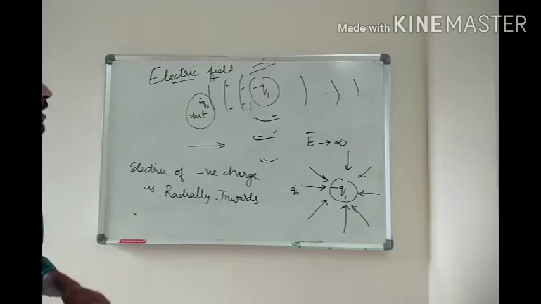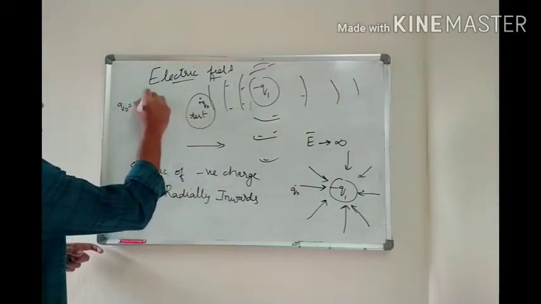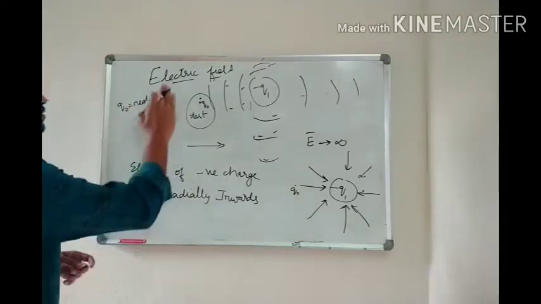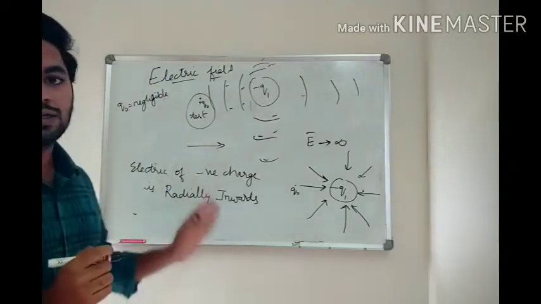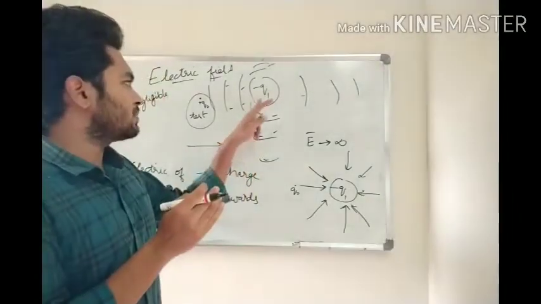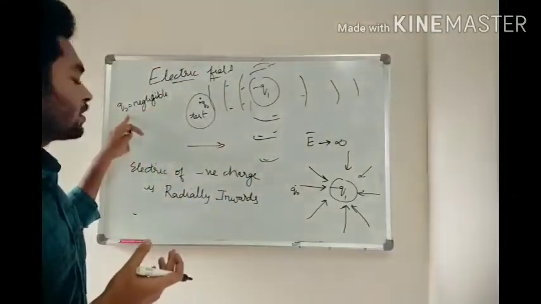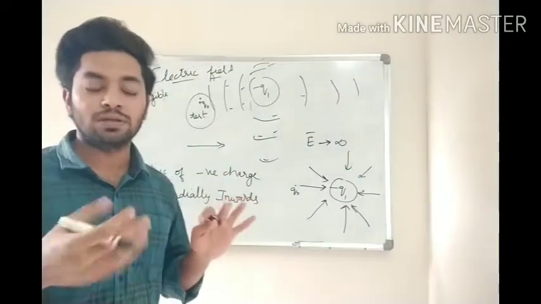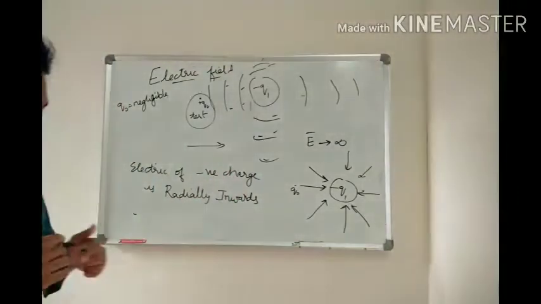And one more point, this Q0 is considered to be negligible charge, so it has only limited field, but this negative or positive Q1 has more field compared to this Q0. So this is negligible, which is almost equal to 0, but here we are going to call it as tends to 0 but not 0. Clear?